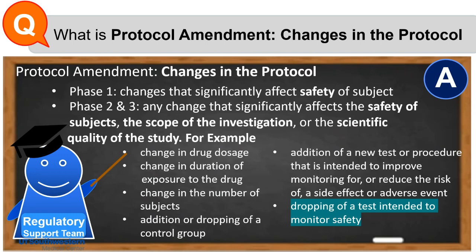Protocol changes may be implemented following submission to FDA and IRB approval, except for the emergency situation to eliminate an immediate hazard to participants. Once again, the FDA and IRB submissions may occur in any order, but the agency prefers obtaining IRB approval first and including the IRB approval letter in the protocol amendment.